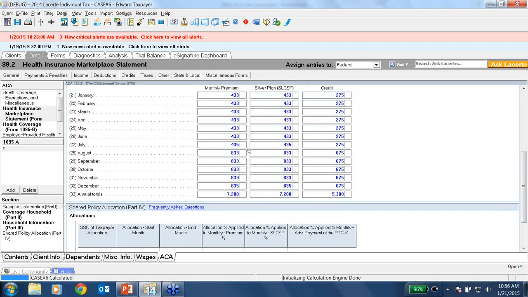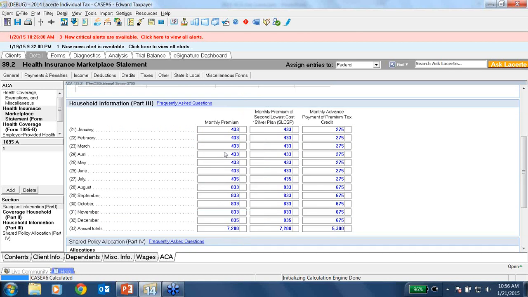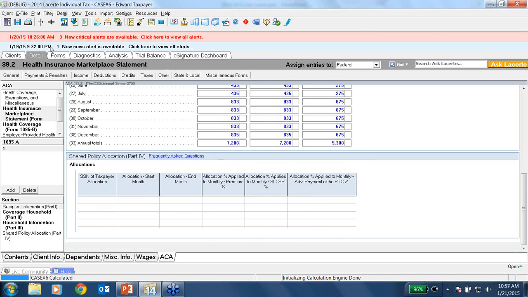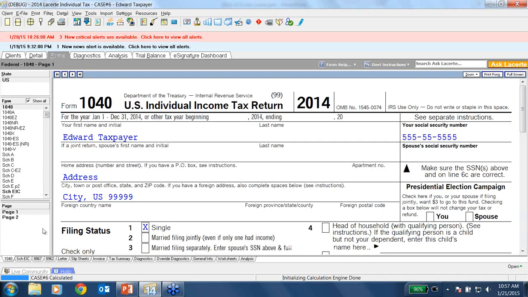And then when Edward joined on, the numbers bumped up a little bit, so we went to $833 for August through December for the monthly premiums and the second lowest cost silver plan. The monthly advances jumped up to $675 for August through the end of the year. And here are the grand totals, $7,200 for the premiums and second lowest cost silver plan and $5,300 for the advances. Click on forms,